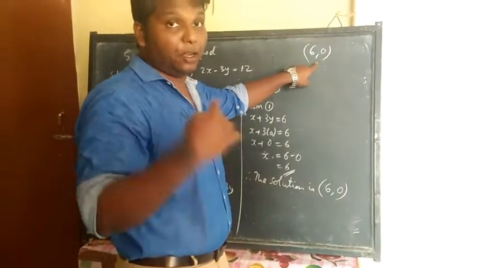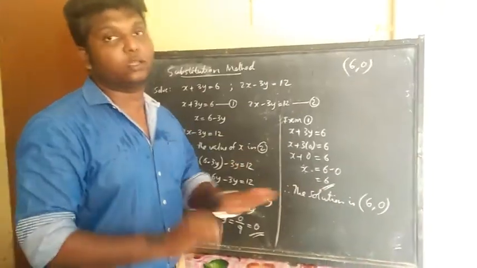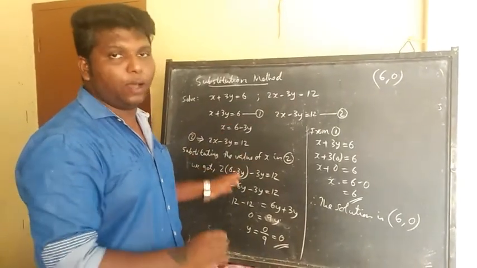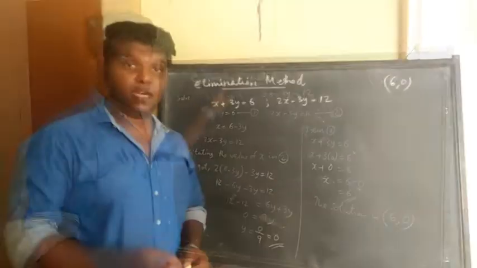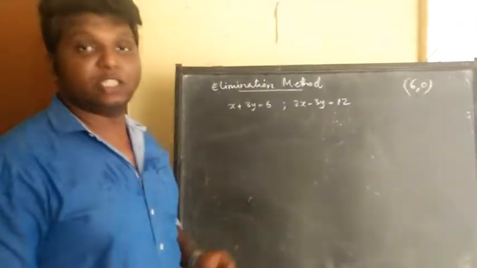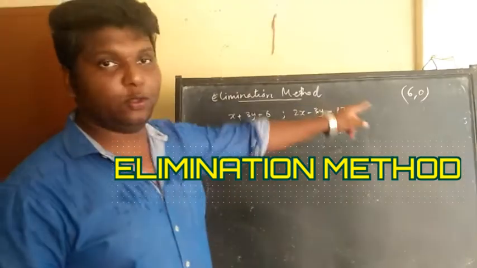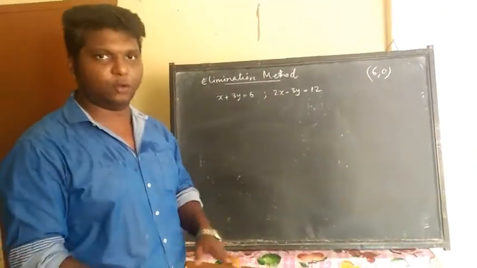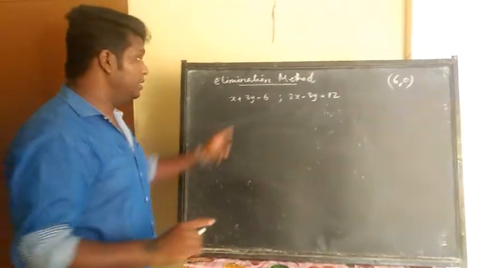See here and see here. In the previous question also we got the same answer, and right now by simplifying that also you got the same answer. And this typical method by which you are substituting one value and putting in another is what we call the method of substitution. Third method is what we call elimination method. Same question I took again. Already we know the answer, the solution set of that one is 6, 0. Let us take it out by this third typical method, elimination method.